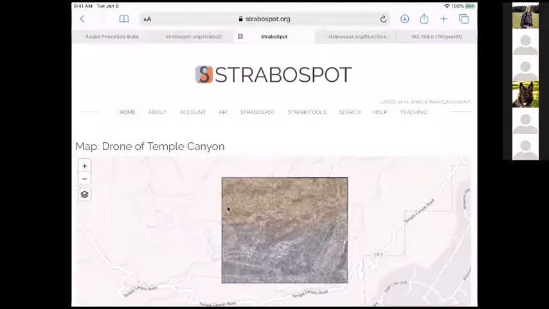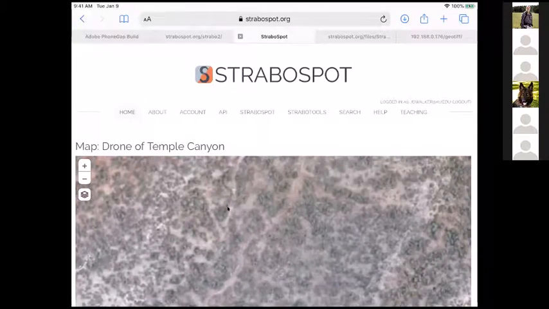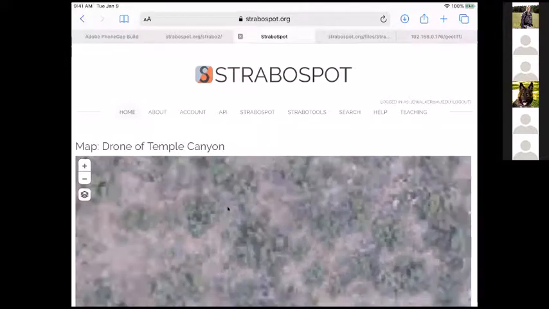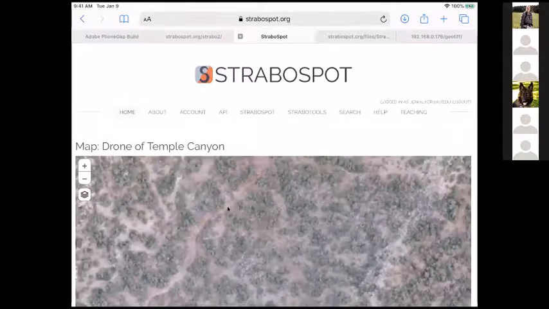Yeah, so this is my map for a drone image that I put up that we have for one of our field camp areas in Colorado. And I'm going to zoom in pretty far. I could keep zooming in. I don't know how small a pixel size I loaded, but this was a drone image that came from somebody else who had flown this area. So I'm going to stop sharing and let Jason take over now.